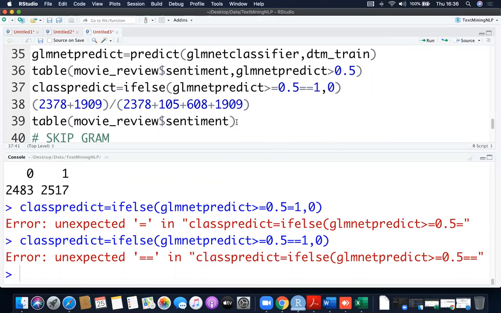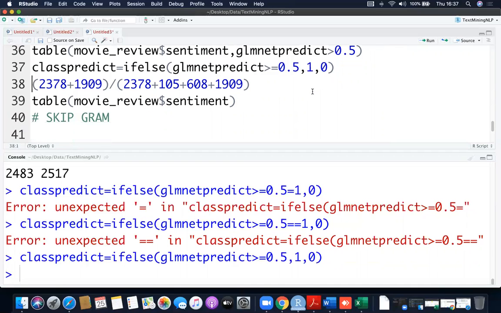Unexpected double equal to. If else is double equal to 1, right? If GLM predict is greater than or equal to 0.5, comma. Okay, see here. Now, here, what you call